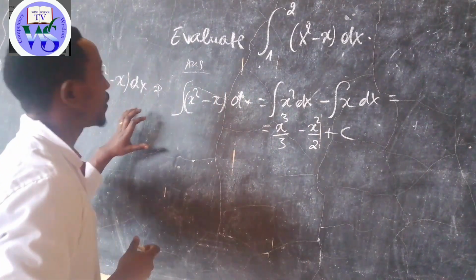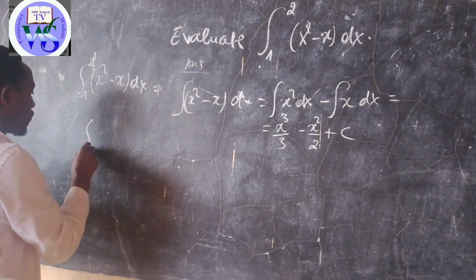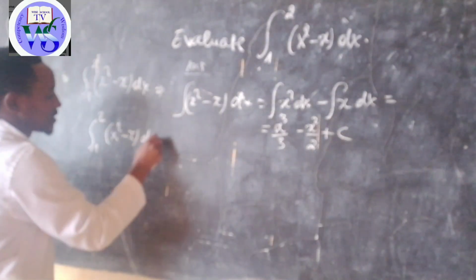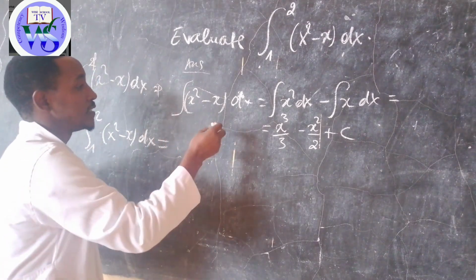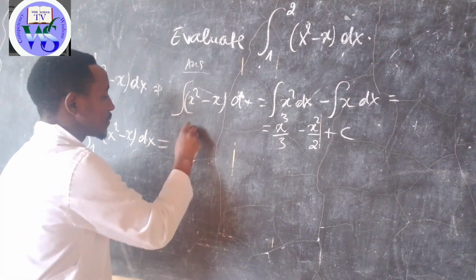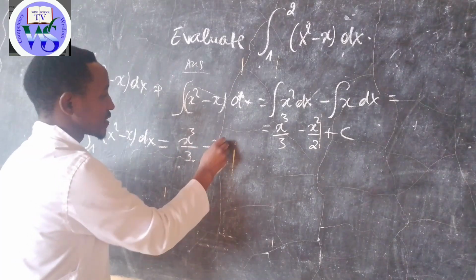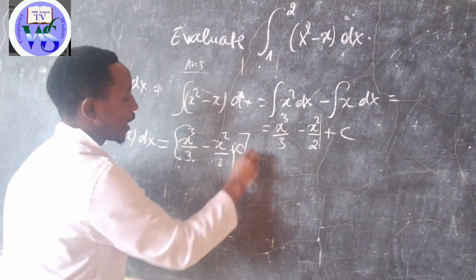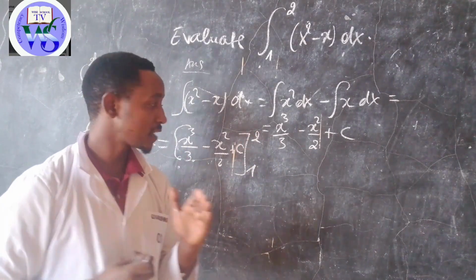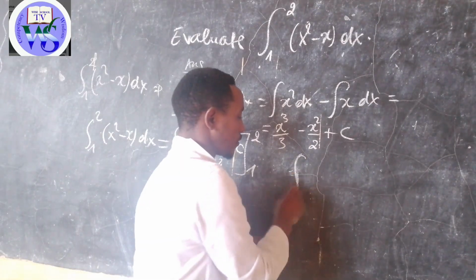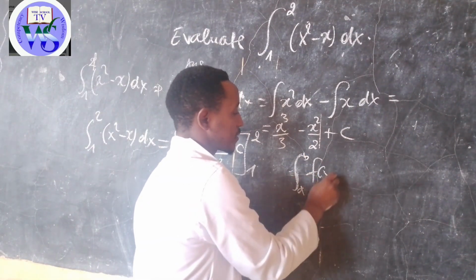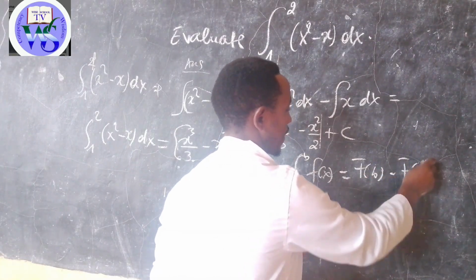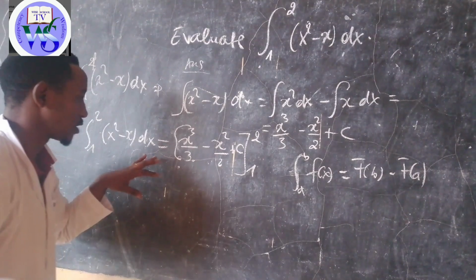When you use the boundary, the integral from 1 up to 2 of x squared minus x dx is what? It is the primitive function, x power 3 over 3 minus x squared over 2 plus c, evaluated from 1 up to 2. Remember that the integral from a up to b of f of x is F of b minus F of a. So when you place it in that equation,